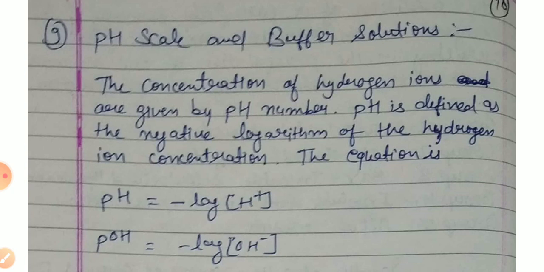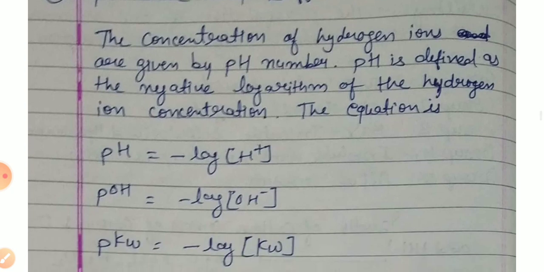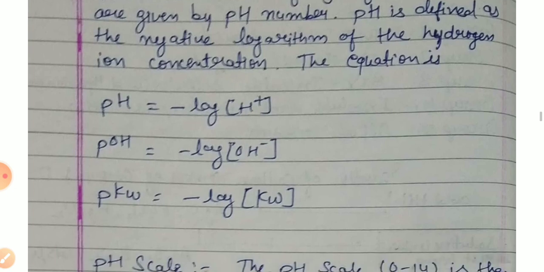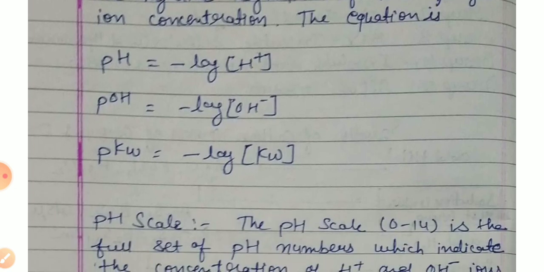It can also be defined as pH equals minus logarithm of [H+], because it is present in a bracket. This bracket means the concentration of H plus ion. To identify the pOH, the concentration of base or OH ion, the formula will be the negative logarithm of the concentration of OH negative ion. Now to identify the pKw, the formula will be minus logarithm of the concentration of Kw.